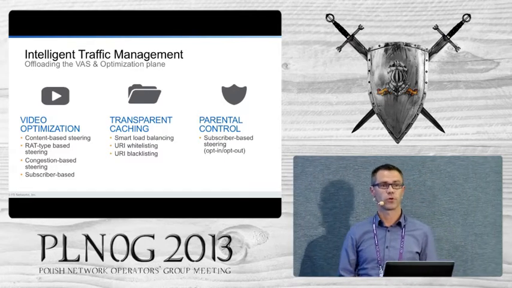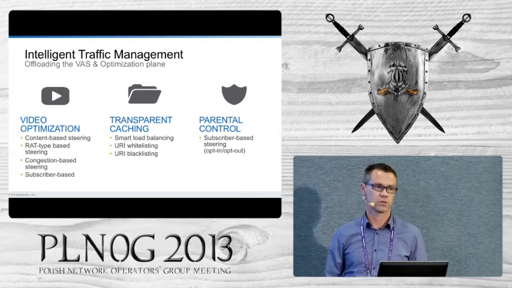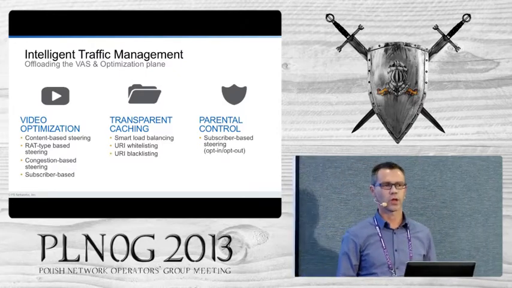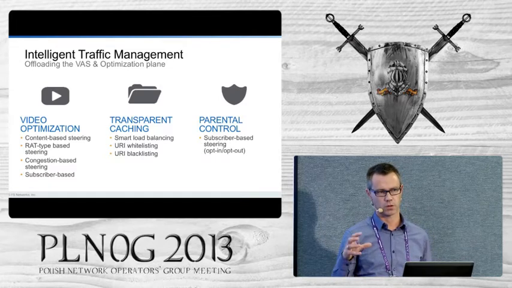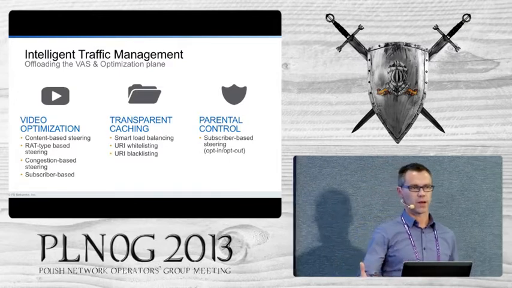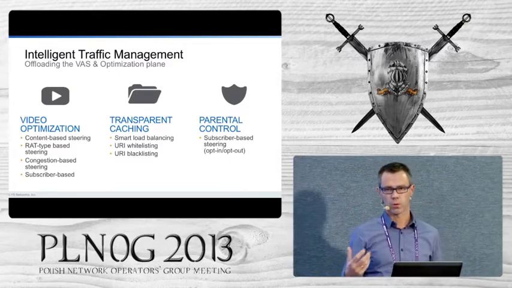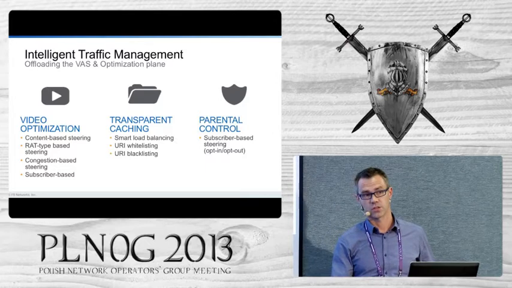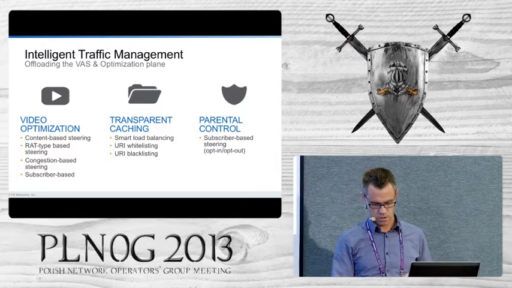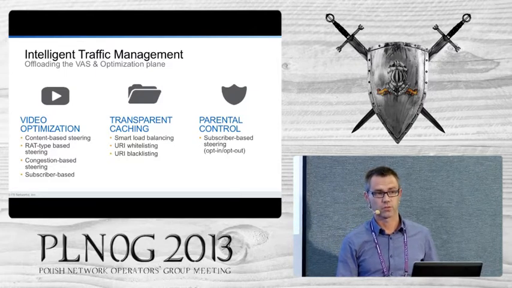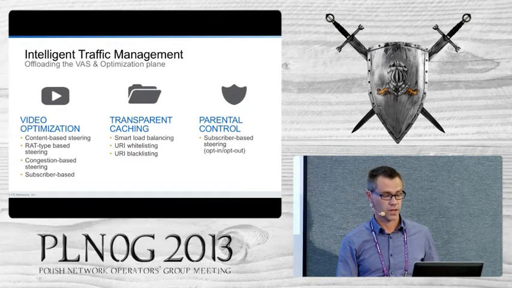And going even a step further, that's really congestion-based traffic steering. We've been working with third parties in the industry. One of them is Alcatel-Lucent, which have a system that can monitor congestion levels in the radio network. And via an API, they can give us information about which user is in a congested area. And then again, based on that, we can take a different steering decision. So certainly on the video optimization side, it becomes a very hot topic these days, because video optimization is expensive